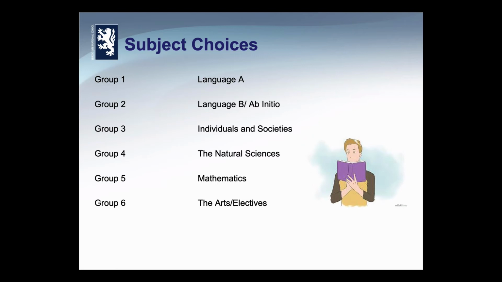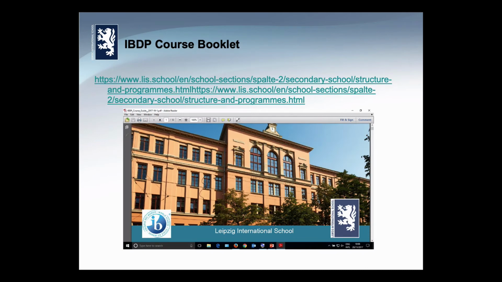Okay, so on our website, under the curriculum 11 to 12 IB Diploma Programme tab, we have a very detailed booklet which will give you more information about what content is studied in each course and the difference between higher level and standard level assessment tasks. So if students are interested and would like to know the difference between, for example, biology standard level and biology higher level, this is the place to have a look and see what's included in terms of the content and the requirements for assessment. This is currently being updated.